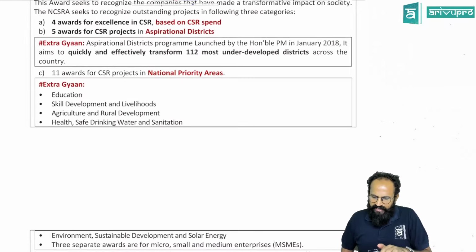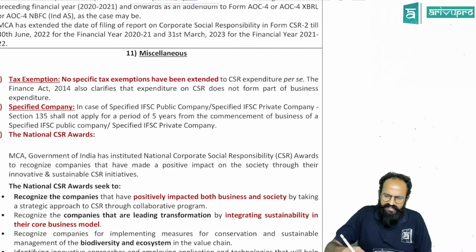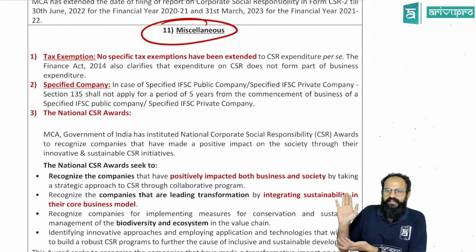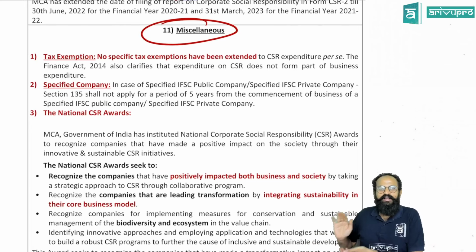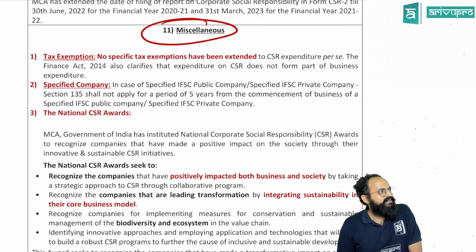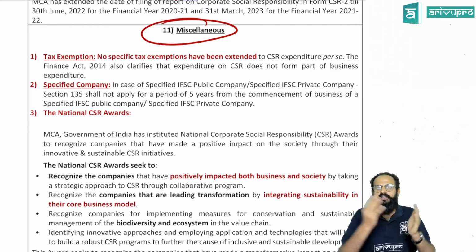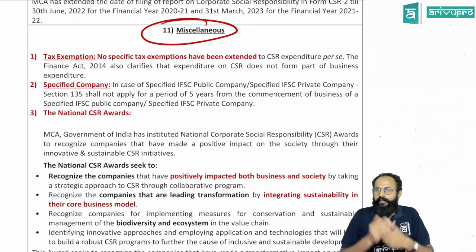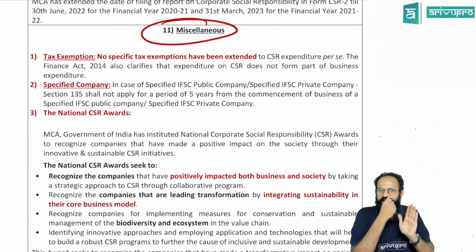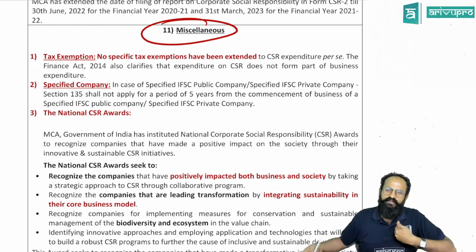Now let us see the miscellaneous provisions. Miscellaneous is miscellaneous only. Ankit said, sir, why should I do CSR? What will I get? People, just like Deepika Padukone gave you Oscars, here also you will get some Oscar. Meaning, you will get awards. For companies doing CSR really properly, once in a year the ministry will call the companies and, based on certain criteria, you will be felicitated. You will be given awards and you can talk about it. You can put it on the packet, five times national award winner, and you can promote more.